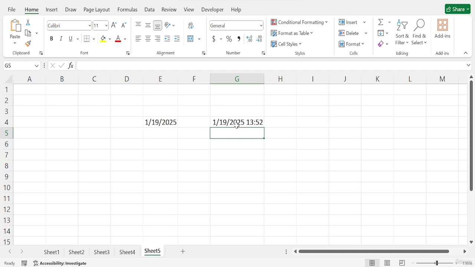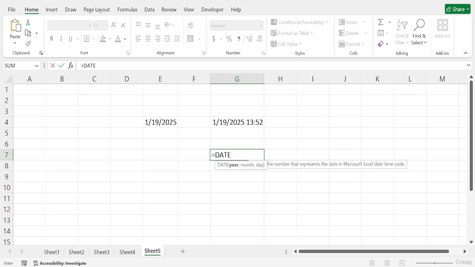There is another function called the DATE function, and it is used for creating specific dates. For example, if I want to make a custom date in my spreadsheet, I'll call the DATE function.